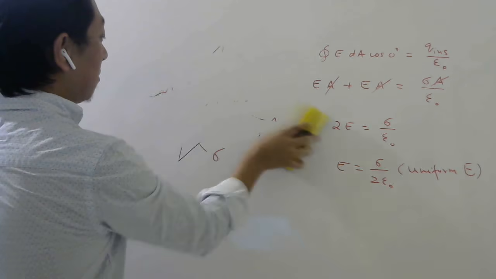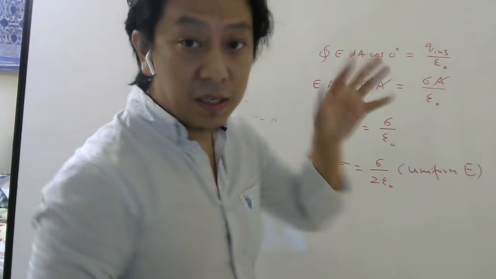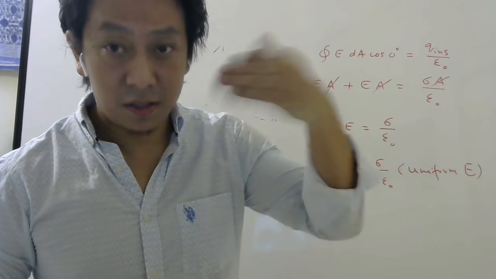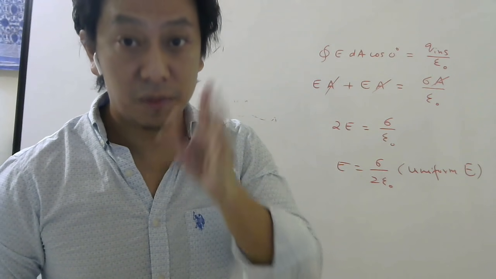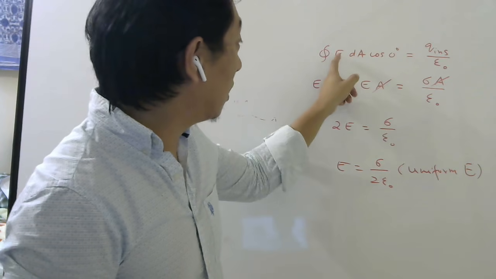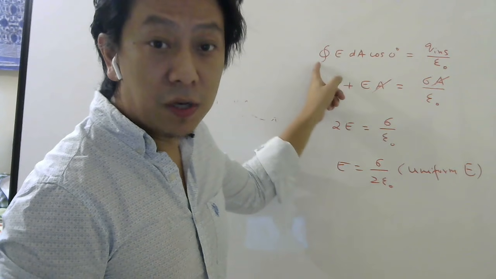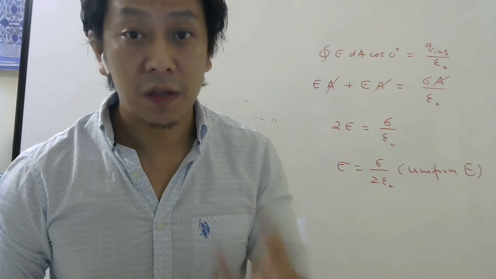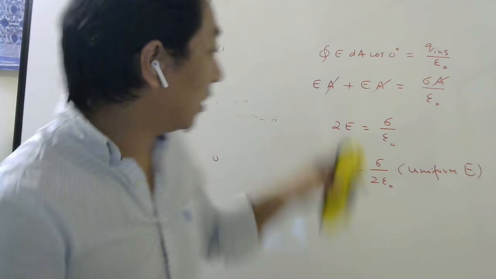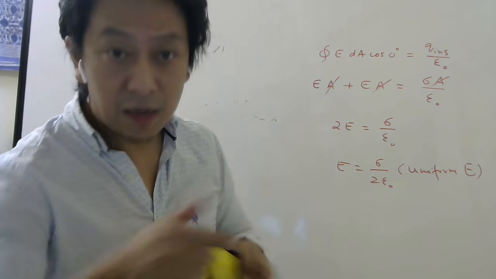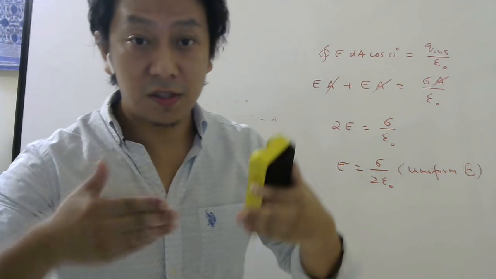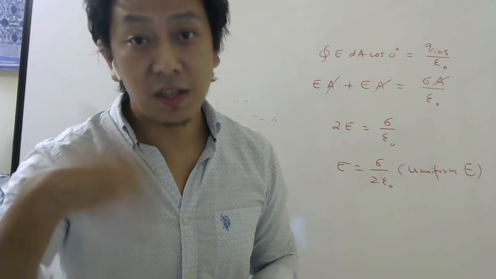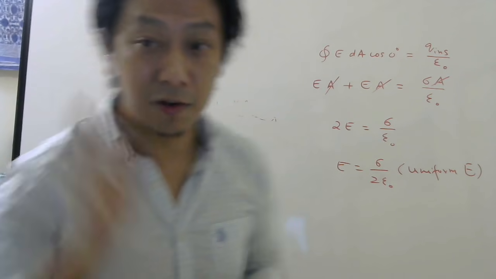So basically remember, electric flux is the integral of E dA cos theta, and E will be such that its magnitude can be taken as uniform. So you can take E outside. Then you have to take only the integration of dA. Integration of dA will give you the total area. So basically remember, it is E into area. And theta may be 0 for some surfaces, theta will be 90 for some surfaces. If theta is 0, cos 0 will be 1. If theta is 90, cos 90 will be 0.